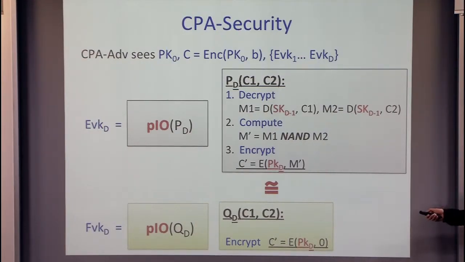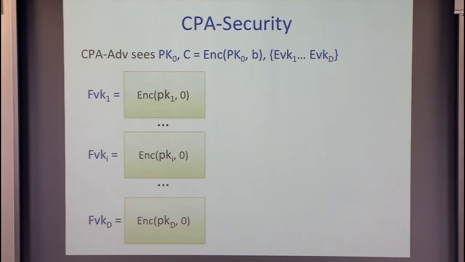The secret key appears nowhere, therefore the output of those two circuits are actually indistinguishable. Therefore, by PIO, their outputs should also be indistinguishable. Oh, great. Once I have done that, in some sense, I've turned the second last evaluation key into the last evaluation key because the secret key doesn't appear anywhere. Therefore, I can just do this hybrid and switch backwards in all the evaluation keys one by one. I eliminate all the secret keys inside. Now, ta-da, this ciphertext is hiding. Okay? Great.